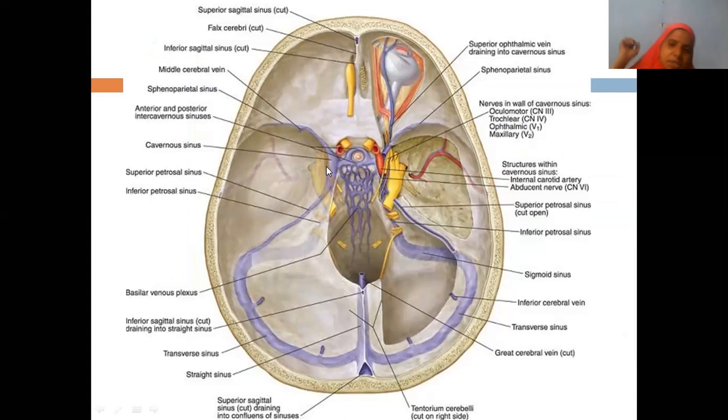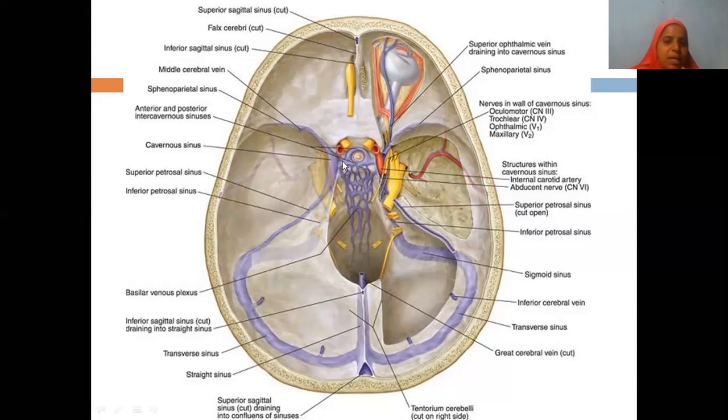Floor: if you remove this cavernous sinus, you will see here we will have the foramen lacerum. That means the cavernous sinus, with its endosteal and meningeal layers which have split to enclose the venous blood, is basically resting on the foramen lacerum. Understood? I asked you to imagine it as a room with six boundaries: roof, floor, anterior wall, posterior wall, medial wall, and lateral wall.